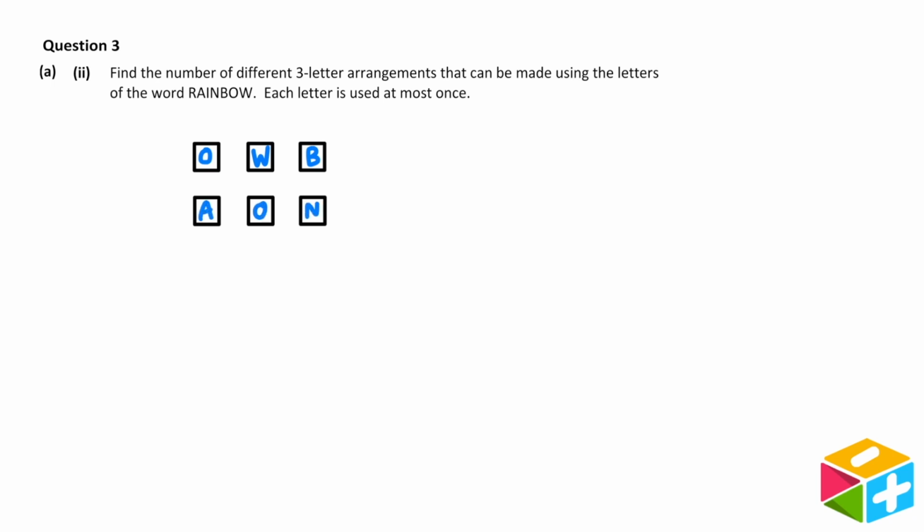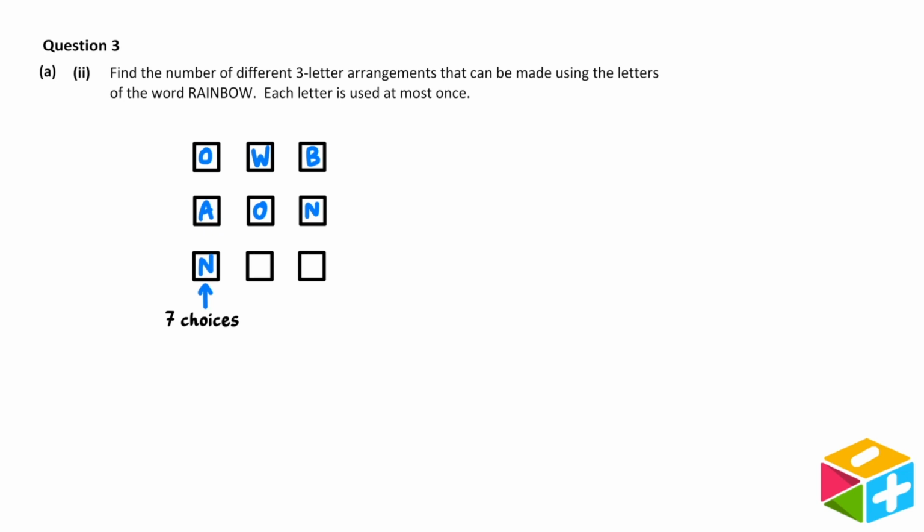We need to find the total number of ways we could fill in the boxes. The logic here is pretty much identical to the previous question. We've 3 boxes to fill, so we should break things down into the number of choices we have for each box. In the first box, we have all 7 letters of our word open to us, so we've 7 choices. Let's say I fill it with N.